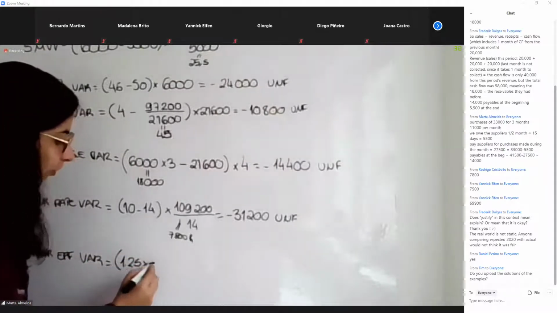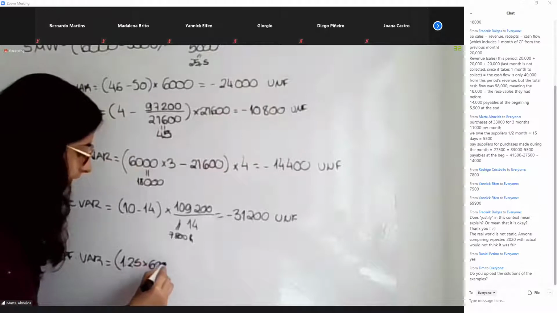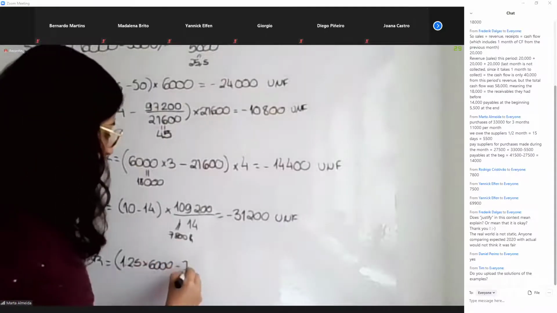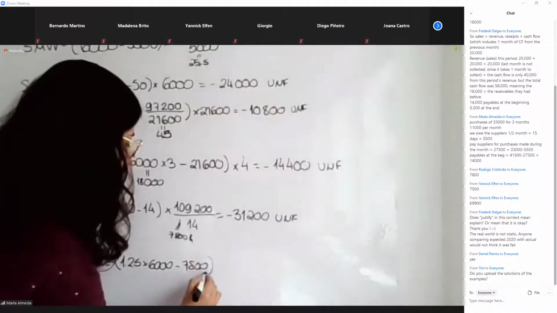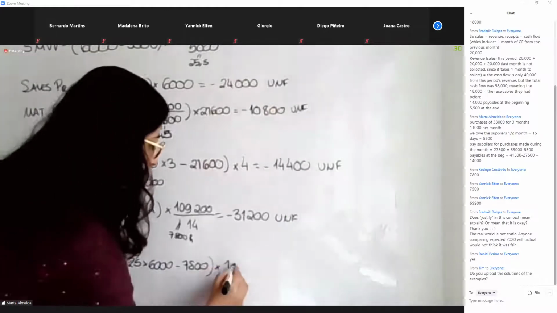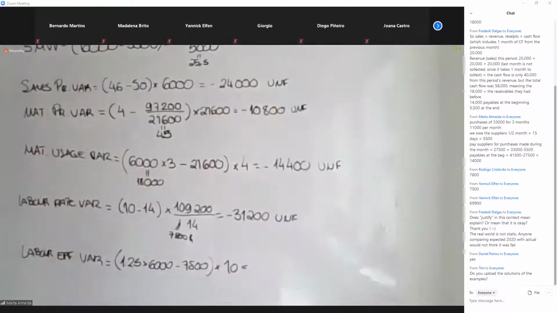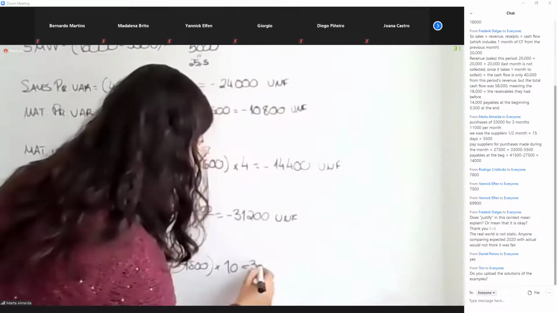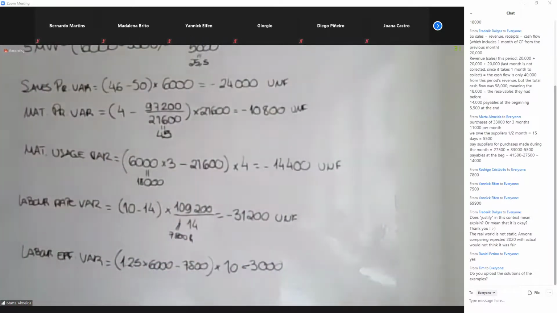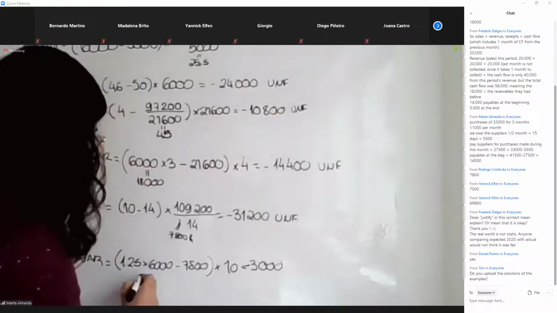Actual volume was 6,000 units, minus the actual hours, which we just calculated, 7,800. And we multiply this by the budget wage rate, which was £10 per hour. This gave us a value of £3,000, minus £3,000. And we know this is unfavorable, so because this was